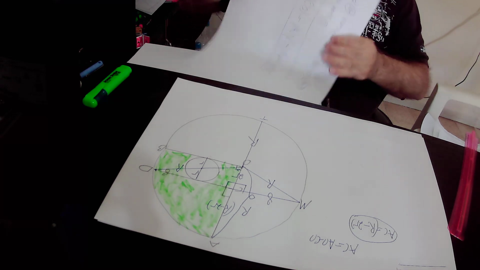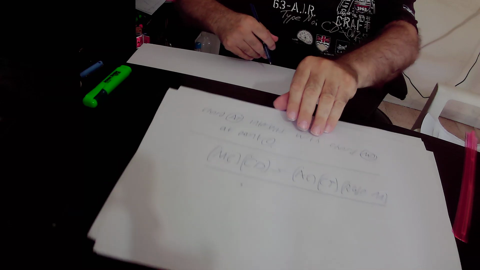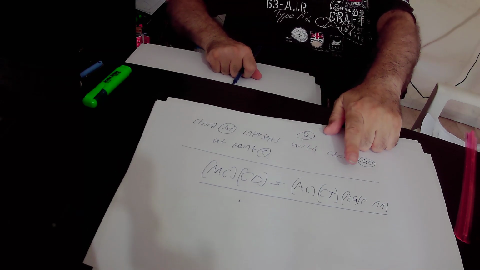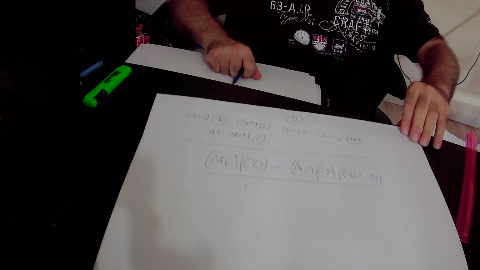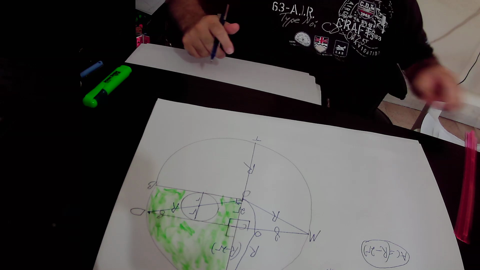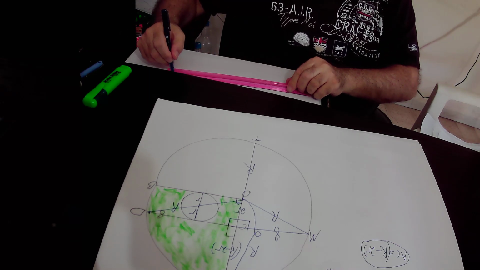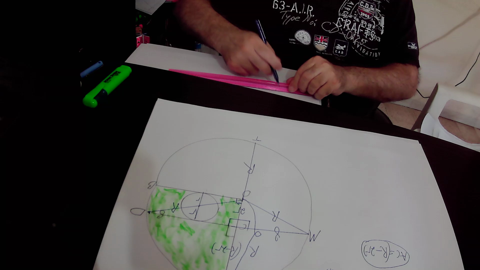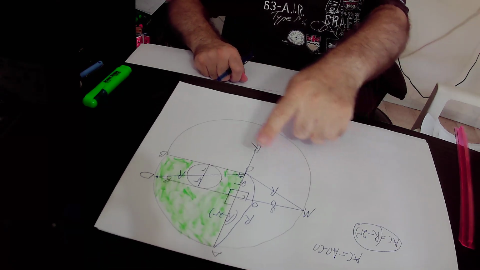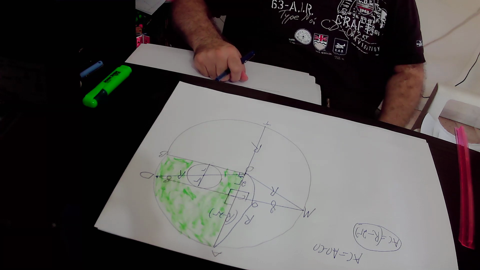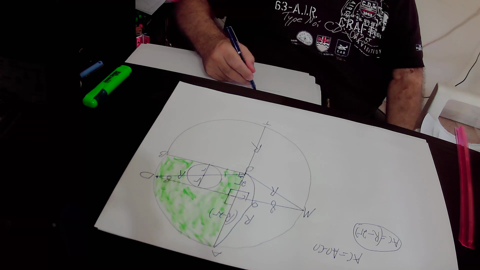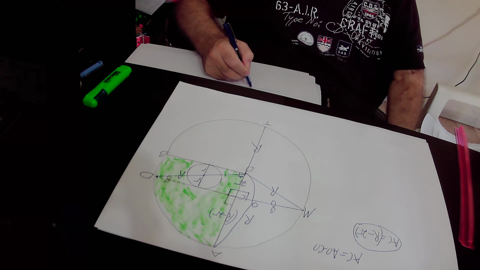According to rule number 11, we get that MC times CD equals AC times CT. MC equals 8 units, CD also equals 8 units, so MC times CD is 8 times 8, that is 64. That is equal to